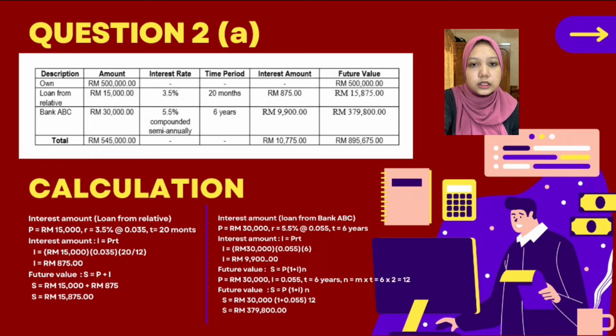For the interest amount for the loan from a relative, it is 8,075 ringgit and the future value is 15,875 ringgit. And lastly is Bank ABC. The amount is 30,000 ringgit, the interest amount is 9,900 ringgit, and the future value for Bank ABC is